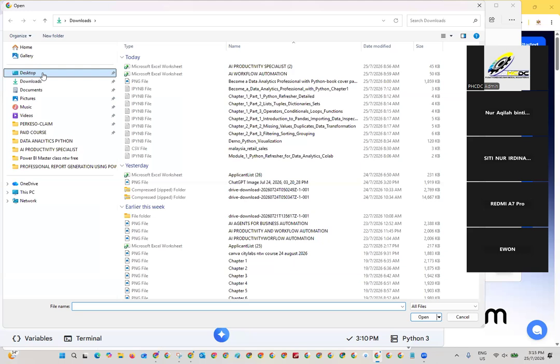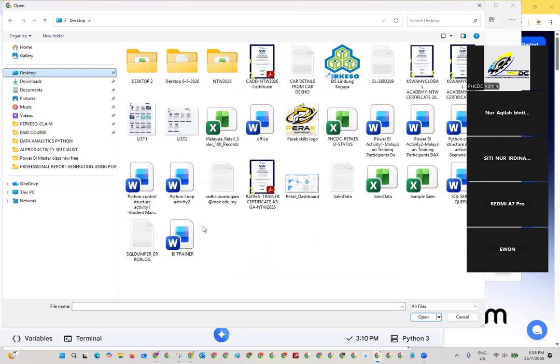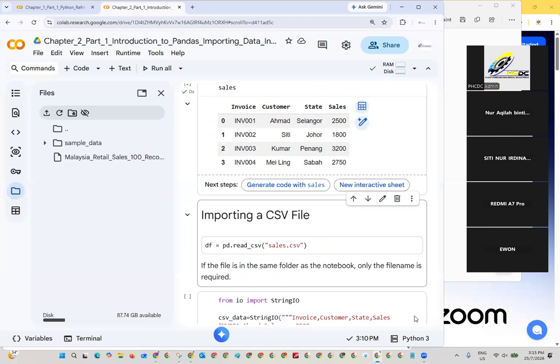Which is available on the desktop. Open. See, the data is loaded and ready. If you want to see this Excel file, double click on the Excel file. It will open as a